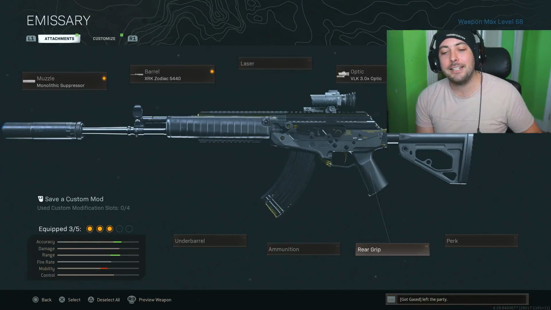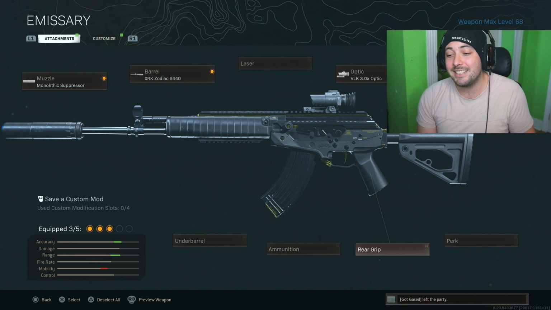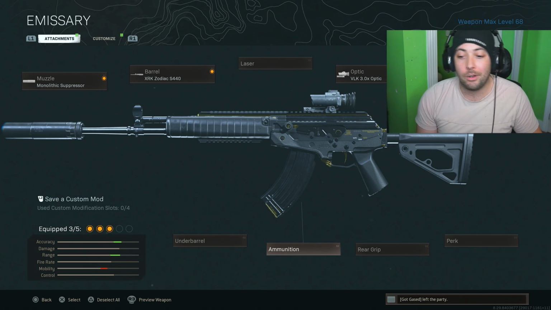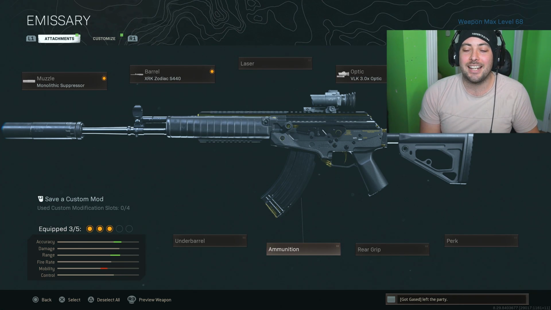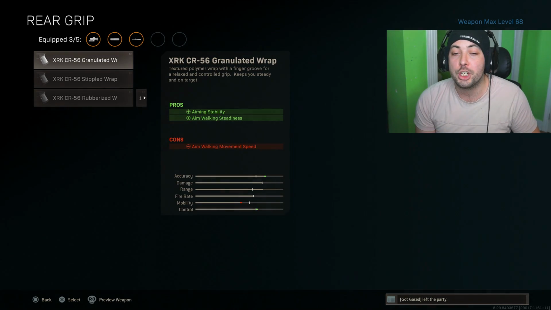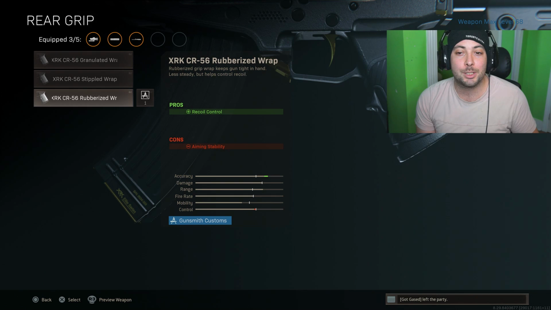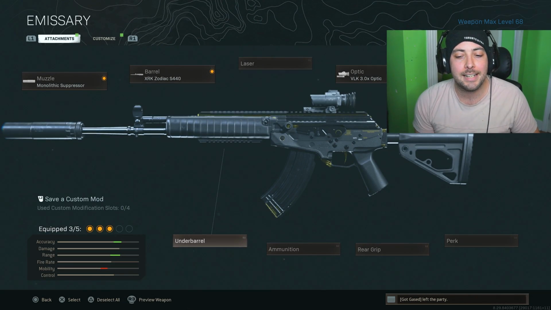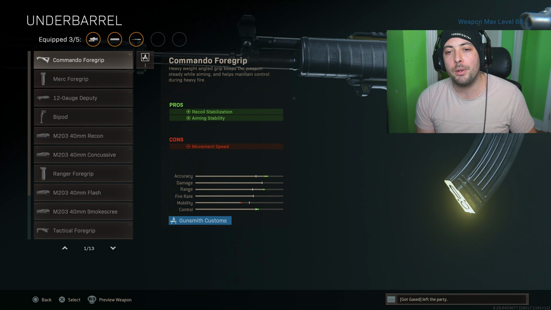Now, after that, I had to choose between the next 2 attachments, because I didn't want to go ahead and throw on a rear grip and an ammunition, or an underbarrel and an ammunition, but I had to choose at the end of the day. Instead of going for the rear grip, which, if I did use a rear grip, I would have used this one right here, the XRK CR56 Rubberized Wrap for recoil control, I said, you know what, I'm going to run the underbarrel,